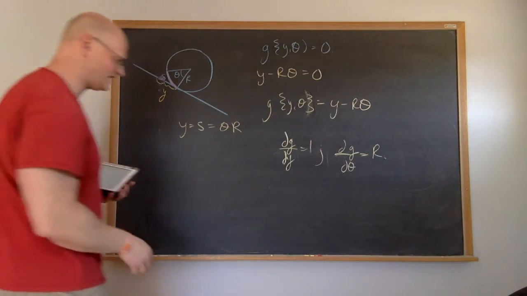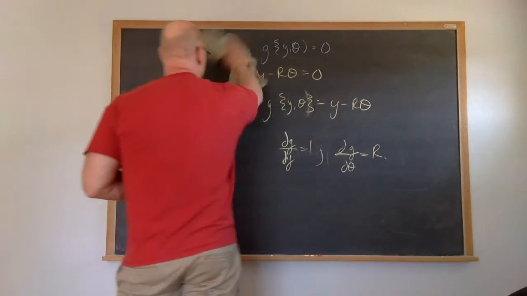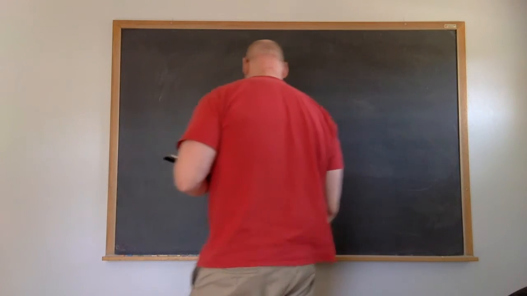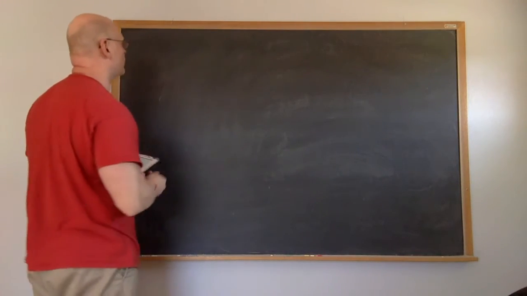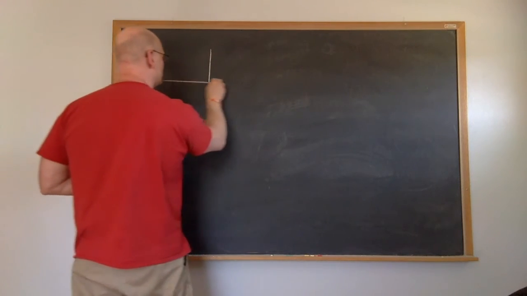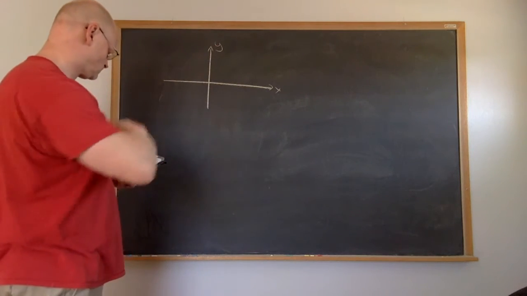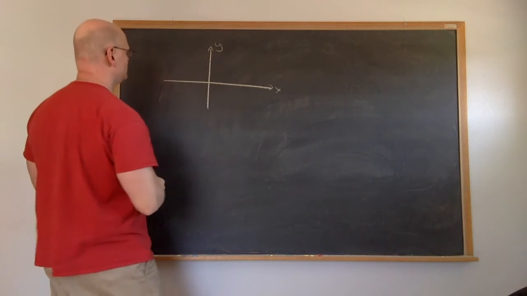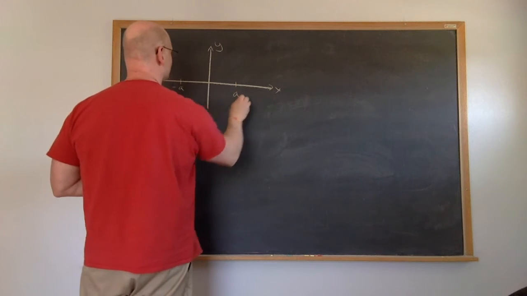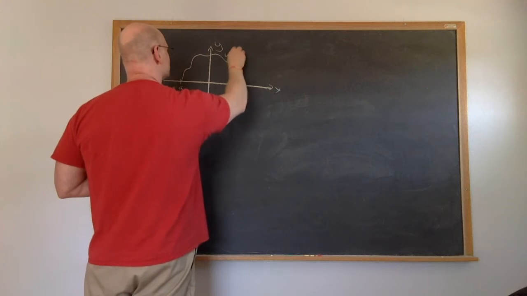So again, this was just seeing how we actually write the constraint equation and then take its partial derivatives. The next one we want to look at is one using integrals. So let's say x-axis, y-axis. We want to look at a curve y of x which connects two points, where the first point is at minus a and the second point is at a. So we want to see what path will connect these two. So this is my y of x,